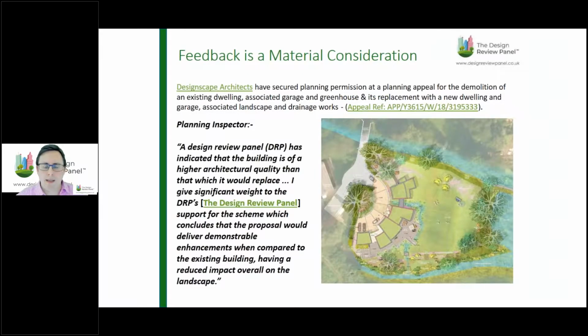And then finally, looking at a different kind of scale building, this was for a replacement dwelling in the Greenbelt outside of Bath by Designscape Architects. And again, there was a site visit, and this came to us on a number of occasions. And again, the design team very thoroughly engaged with the panel, and the local authority took part as well in the sessions. But ultimately, the local authority felt there was a conflict between the proposals and the policy, because this building was on a much larger footprint within the Greenbelt, and they were concerned about the impact on the openness